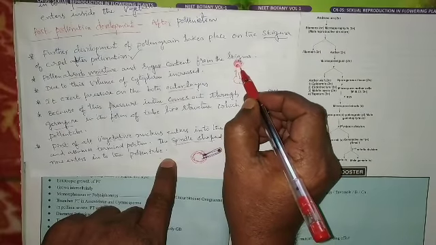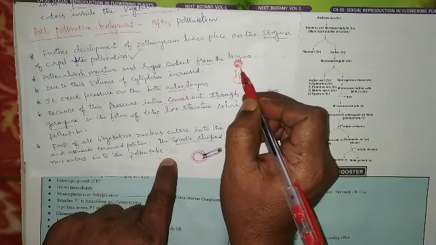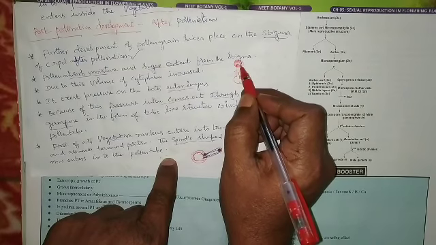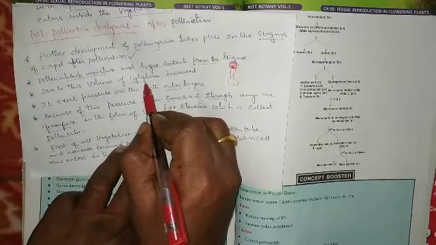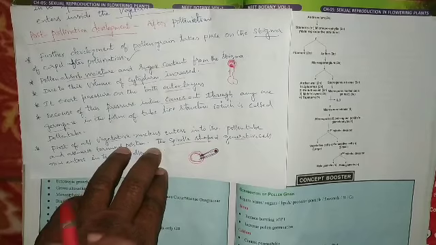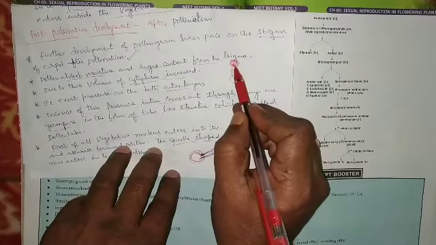On the stigma there are some nutrients like sugar and some moisture is present. The moisture and sugar are taken by the pollen grain, which gets enlarged here. The volume of the cytoplasm in the pollen grain is increased. Because of that, pressure is exerted inside the pollen grain towards the wall.